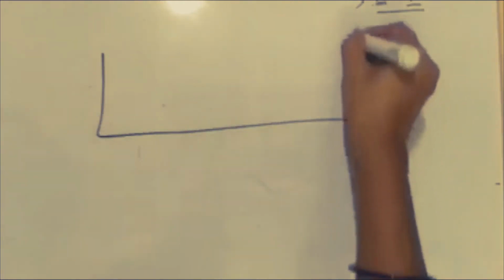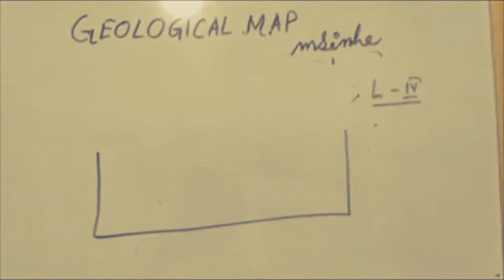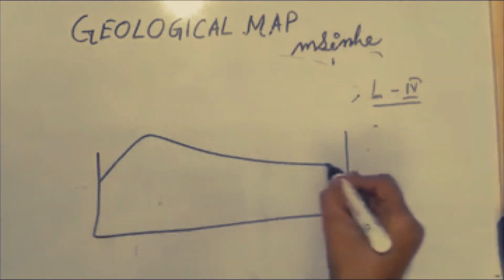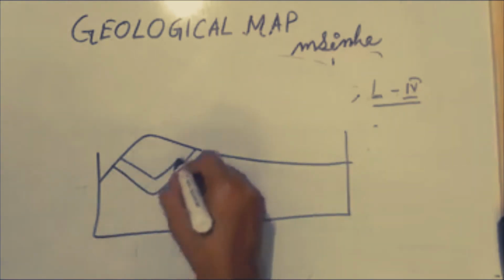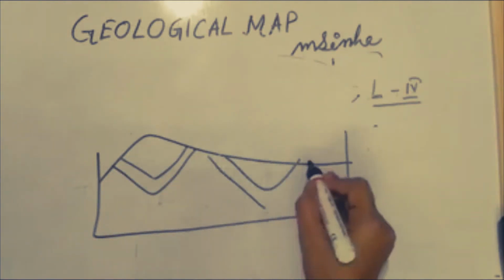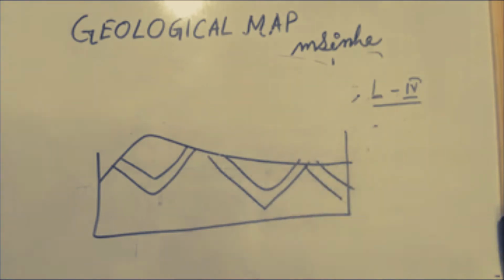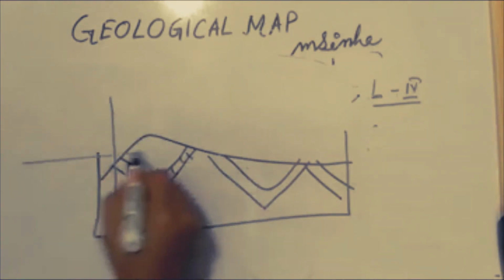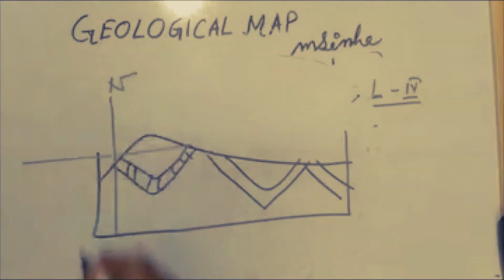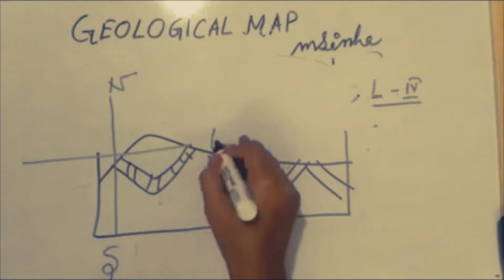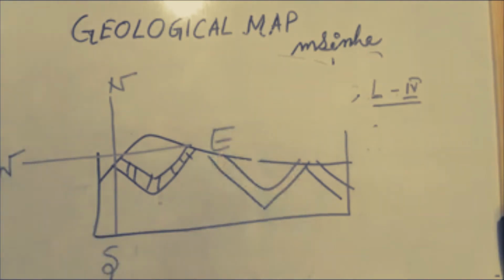Now come to the point of dip direction. Last day we discussed a lot about the amount of dip, but now we are talking about the direction of dip. From the geological map, you can easily identify the direction. Suppose this is the geological map, so we have to identify the direction. Just draw a cross. This is conventionally north, this is south, this is east, and this is west.